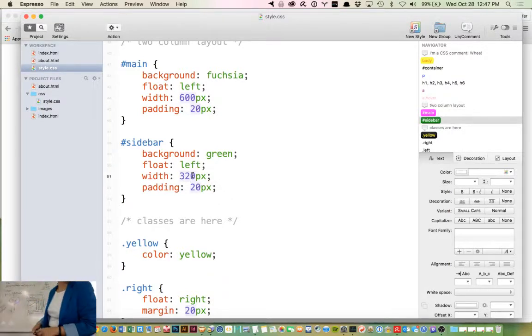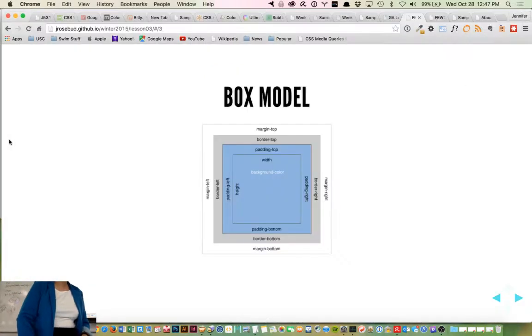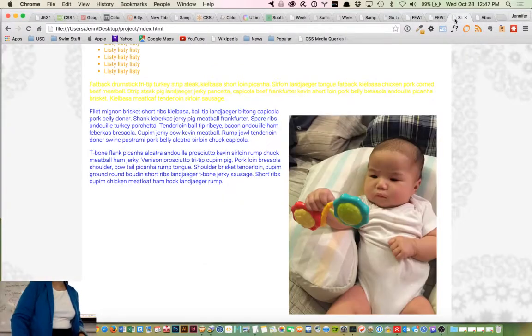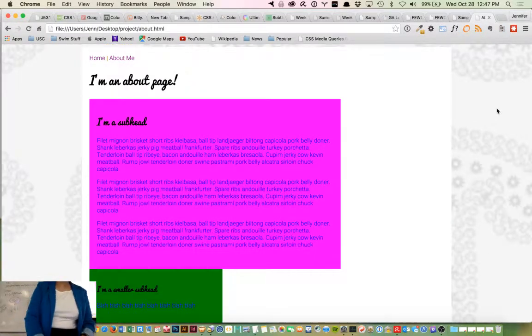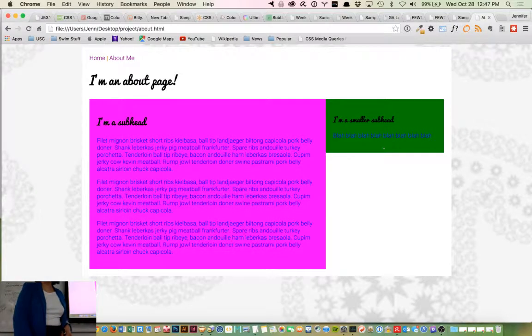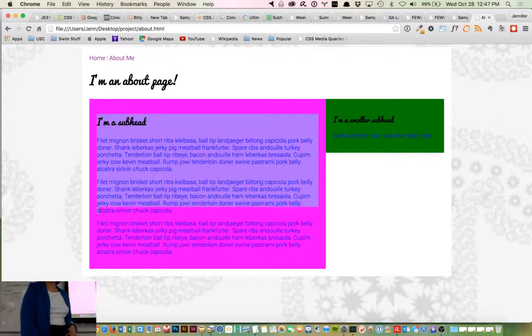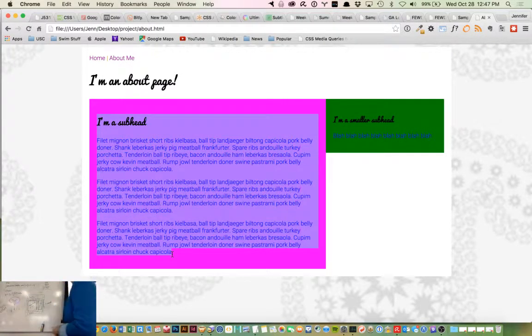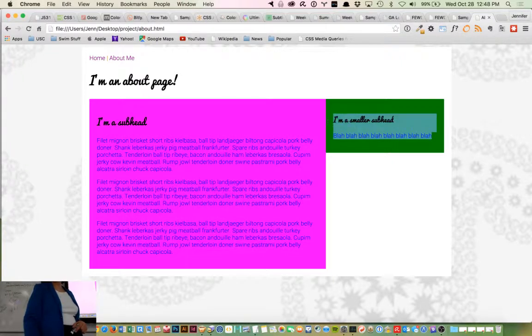And same thing with sidebar. I'm gonna shave off another 40 pixels. And if I go back to my example, the world is right again. So this time, I've kind of solved my claustrophobia problem. This text is not butting right up against my box, and it's not happening here either. There's a little bit more air in my layout. But